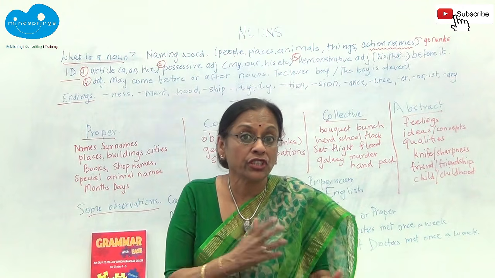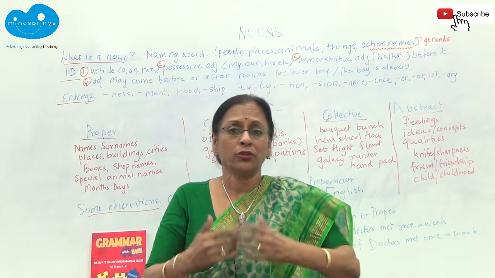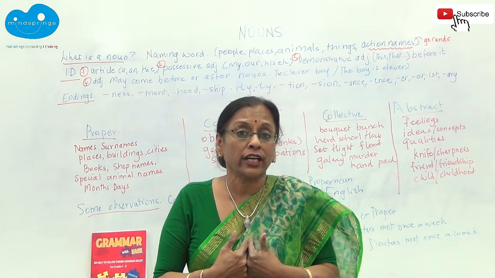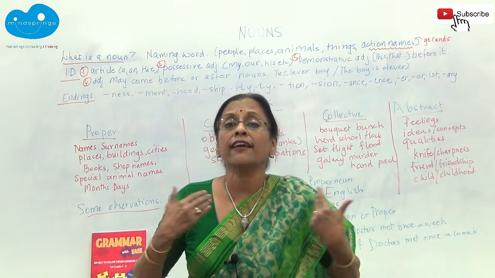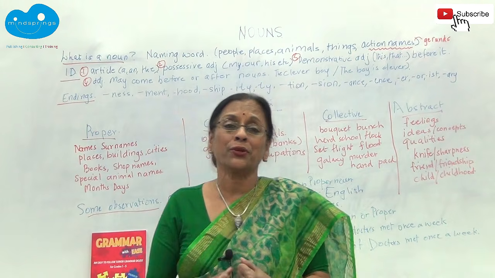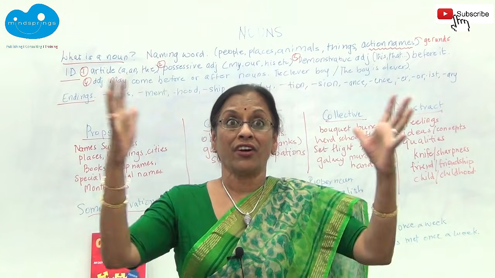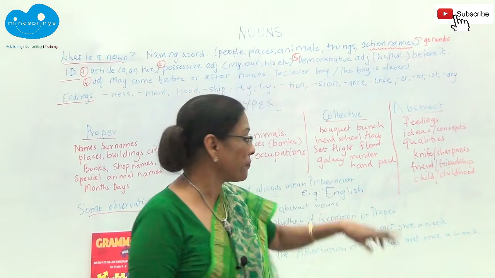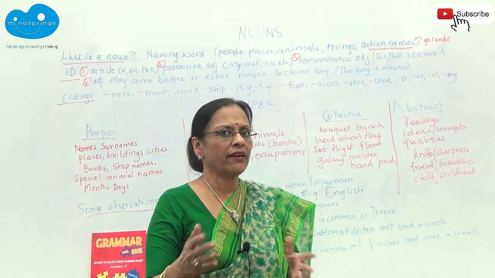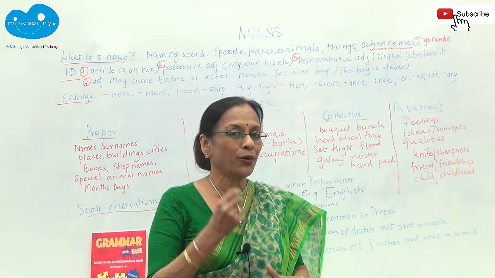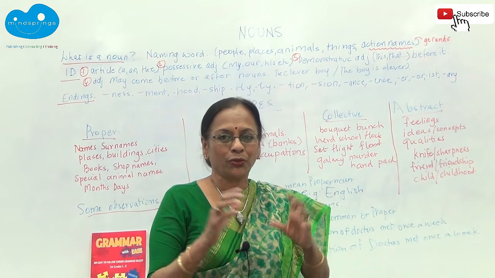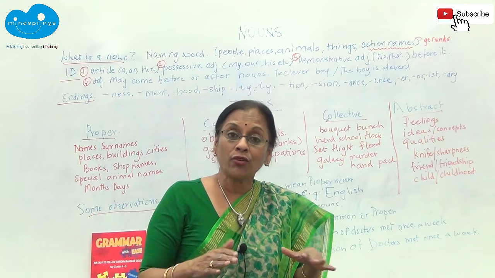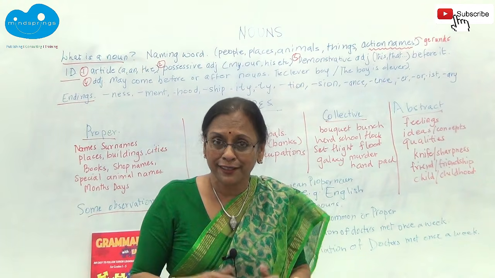So for every child, childhood is different. Your childhood is not the same as my childhood. So if you want to capture my childhood, you'll have to catch all the little pieces that existed during my childhood. So look at it, there is a vastness about the abstract noun that's fascinating. That's why it's powerful. So therefore, friend, you can have a friend, but you cannot count friendship. You cannot put it in a box. You cannot say it's so many kilos. You can't count it, and you can only experience it.